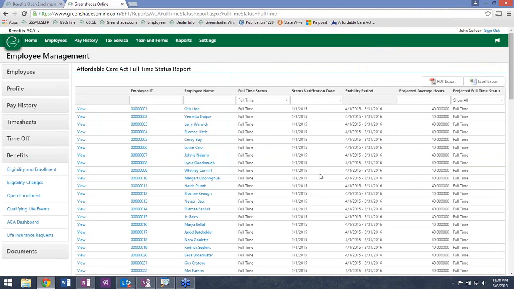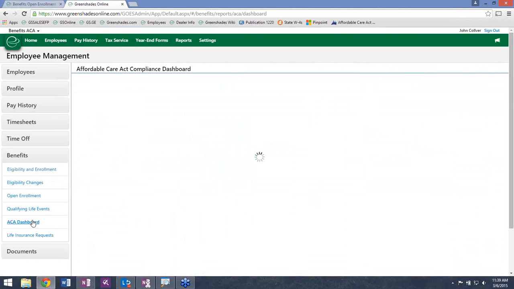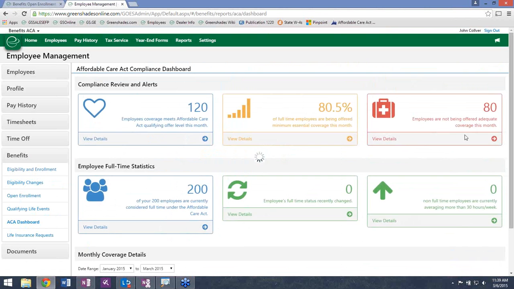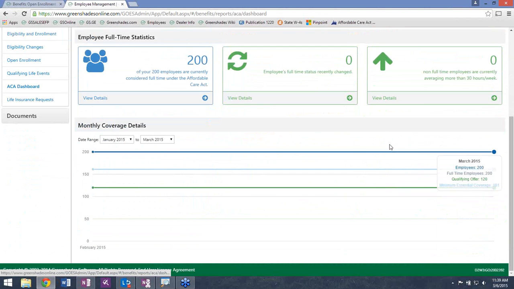These are all going to be web-based reports that we can push out to Excel. So this is going to give us details on each of the employees, the length of their measurement periods, what their measurement periods are, and their full-time determination. And last but not least, we then will have this graph down here for you that's going to show you over a period of time where we're at with each of these different aspects of the Affordable Care